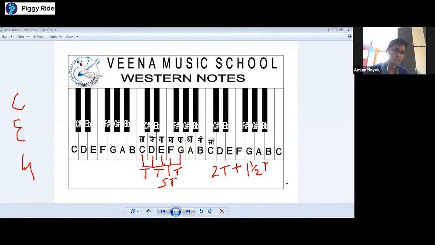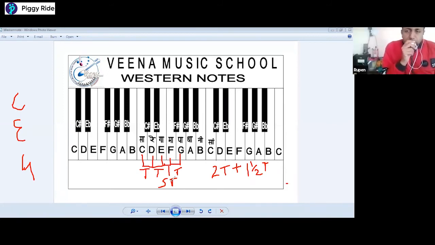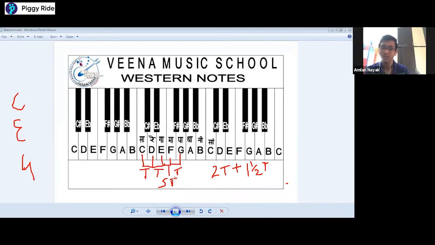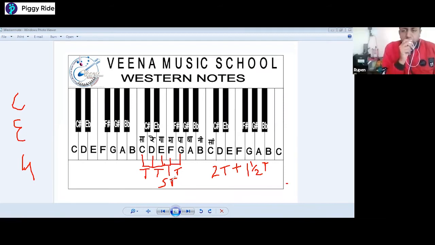Sir, this is Yamaha 363. Fine, this is a good keyboard. It has 61 keys, and 5 octaves are there in this keyboard. We used to play from the third octave, the middle octave, for the right hand, and for the left hand we used to play the first 2 octaves.